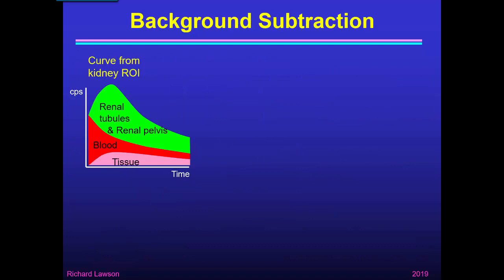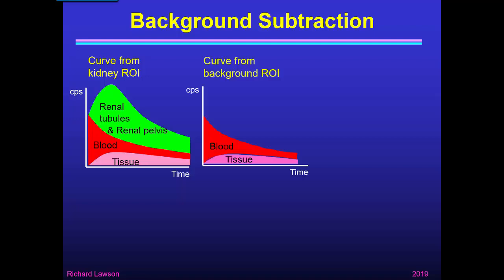So we can see that if we take a curve from a kidney region of interest, there are three components in it. There's the tissue component, shown in purple here. There's the blood component, shown in red, and that starts high. And then there's the renal tubules and pelvis, shown in green. Now, although that starts at 0, by the time we stack up all three components together, the tissue, the blood and the renal tubules and pelvis, the composite must start above 0 because it's the blood component that starts high. So this is the curve you would expect from a kidney region of interest,